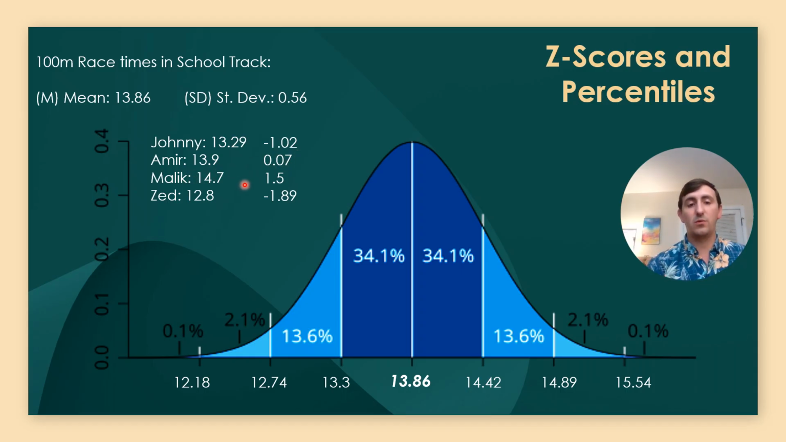On the mirror score, we have a 0.07. That means he is 0 standard deviations away from the mean, which means he's average. Malik, his z-score is